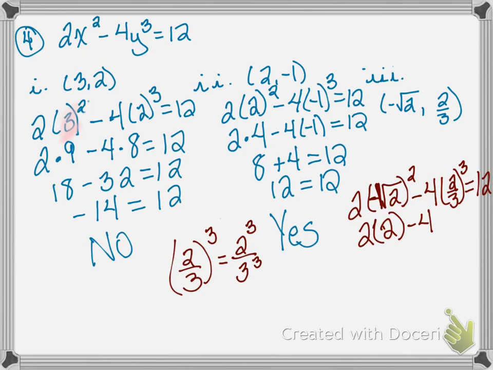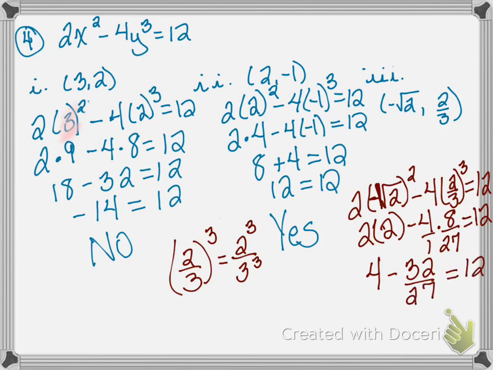So 2/3 to the third power is the same thing as 8 over 27. And that equals 12. So now we have 4 minus 4 times 8, which is 32. That's 4 over 1 times 8 over 27. So we have minus 32 over 27